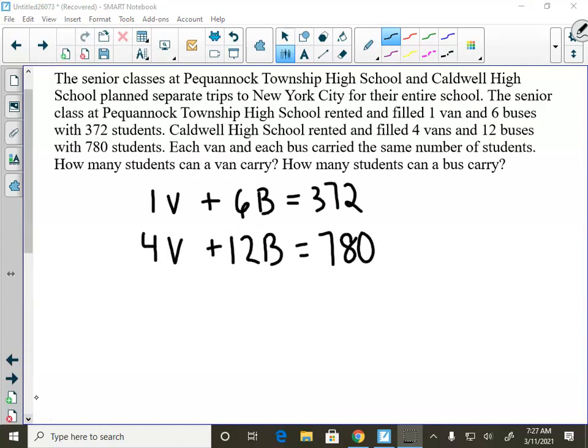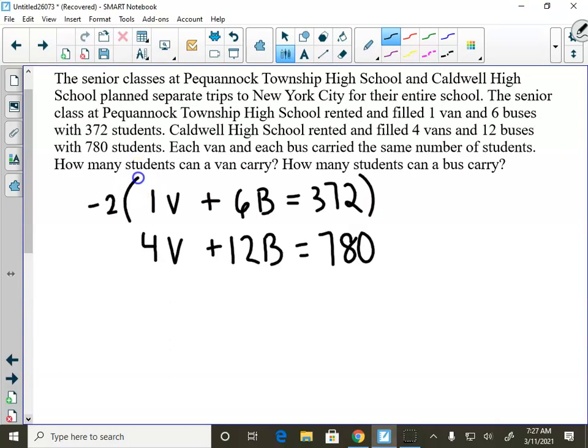Okay, so here you can see we have our problem, we have the equations written, and all we're going to do is we're going to use elimination instead of substitution this time. So hopefully you could see it would be easy to eliminate either of the variables, but we're going to eliminate the b. Because if I multiply this top equation by a -2,